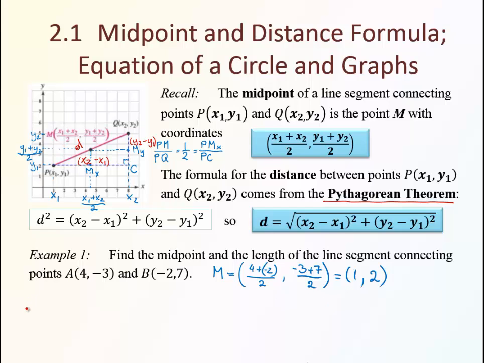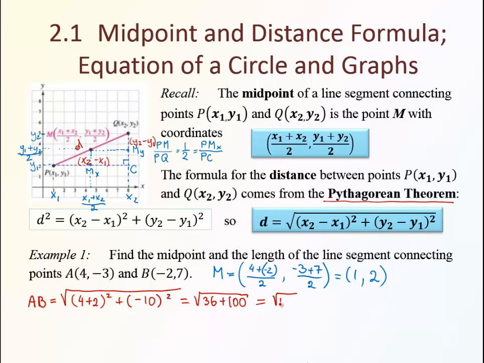Now to find the distance AB, we follow the second formula, we take the square root of the sum of squares of differences between coordinates. So 4 minus negative 2, which is really 4 plus 2. And here we have negative 3 minus 7, so it's really negative 10. So altogether we have root of 6 squared is 36 plus 100,